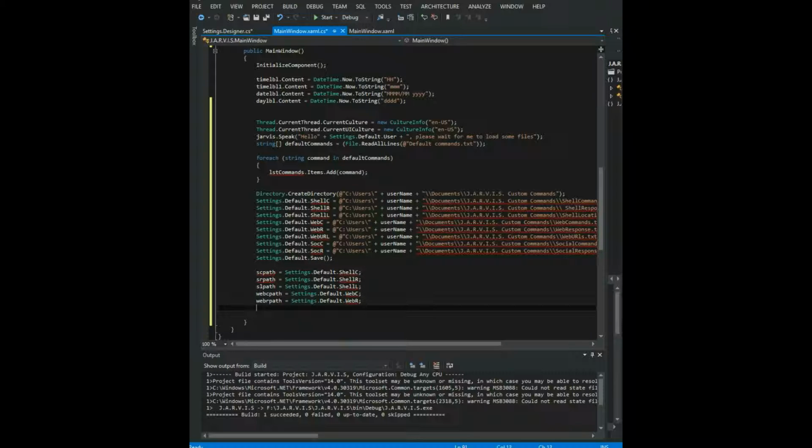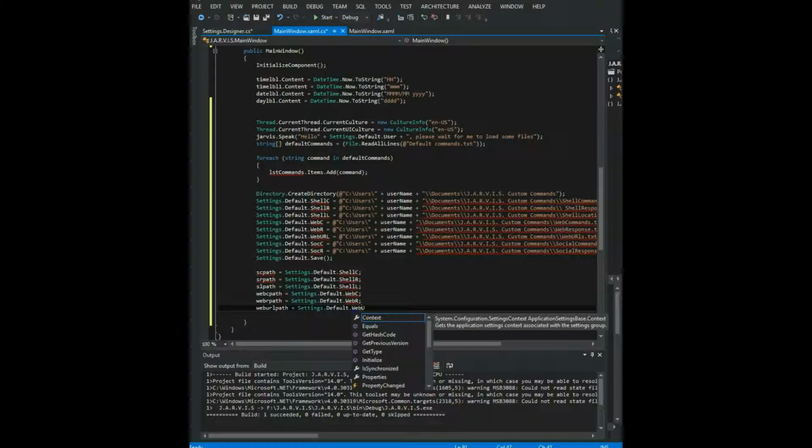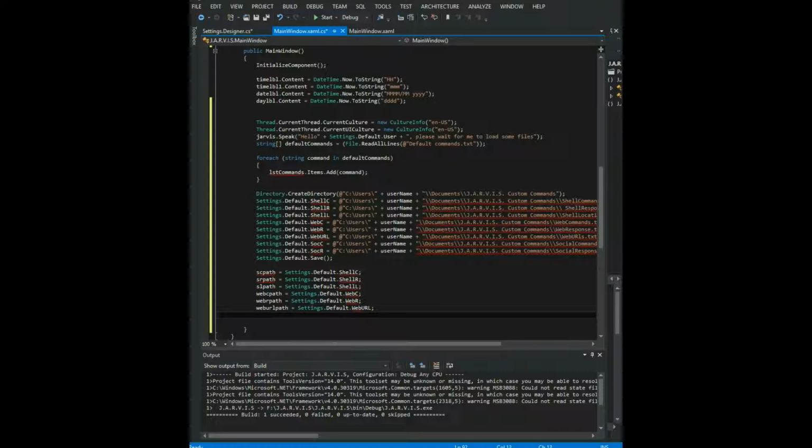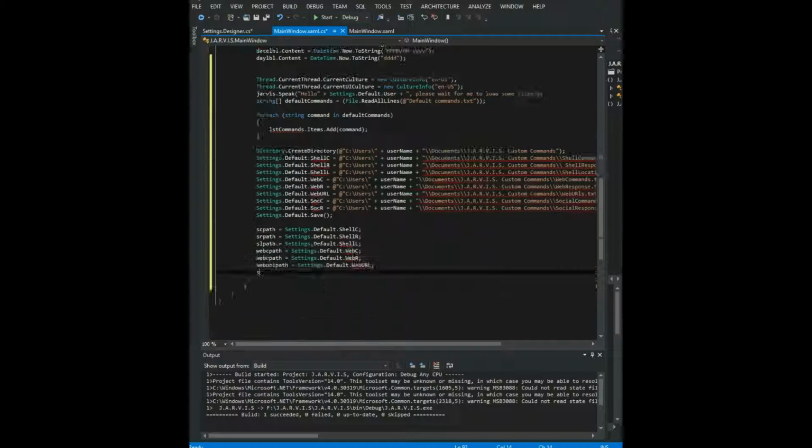What are the next ones? Web URL path is equal to settings dot default dot web URL with capital letters. The next one is social. What are the names of the strings? SC path is equal to settings dot default dot